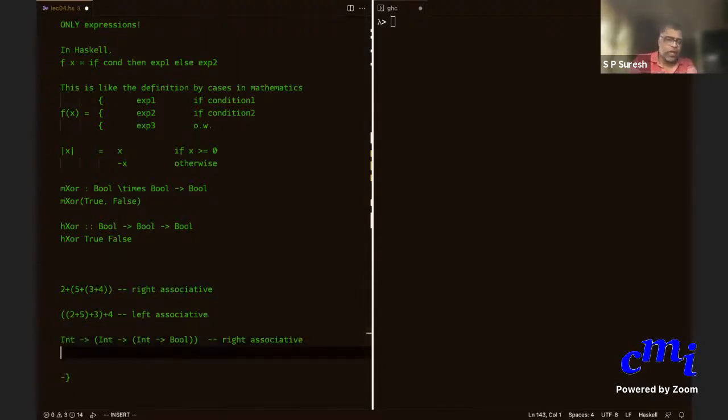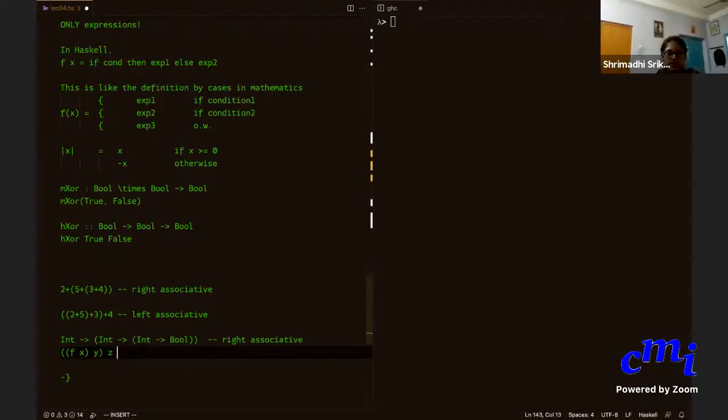Correspondingly, if I say f applied to x, applied to y, applied to z, then you should view it as, first f applied to x, which returns a function, then that applied to y, which returns a function, you can apply that to z. Who asked the earlier question about the right? No, Srimati. Is it clear? These two things go hand in hand. So function application is left associative.